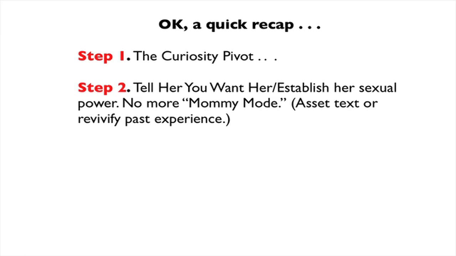Just a quick recap, because I like to do that. Our first step was the curiosity pivot, where we sent her a relatively innocuous curiosity-based text designed to get her to respond so that we could shift gears over into the sexual context, take her from her everyday life into this world of sexuality and sensuality. Step 2 was telling her you want her, establishing her sexual power.